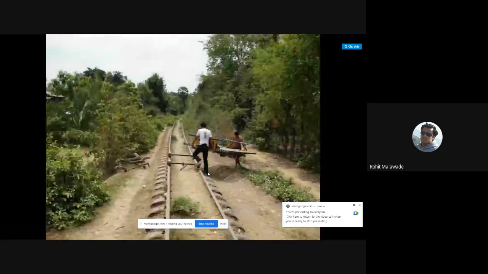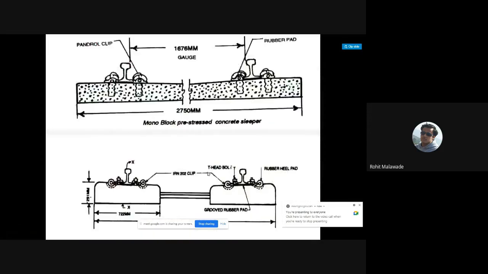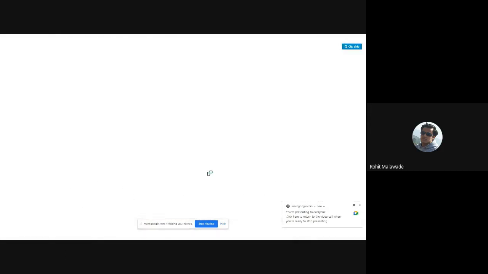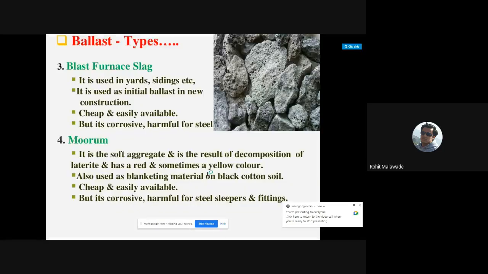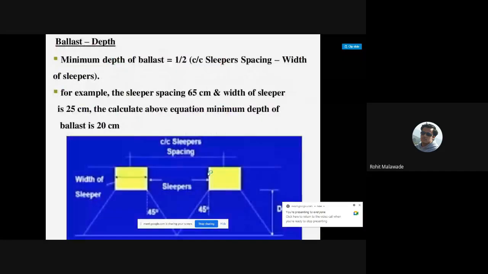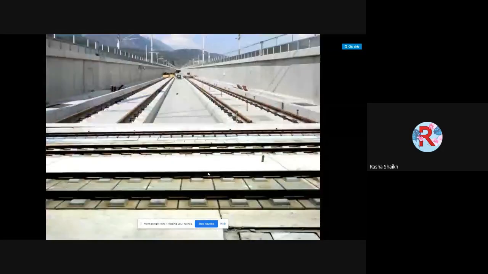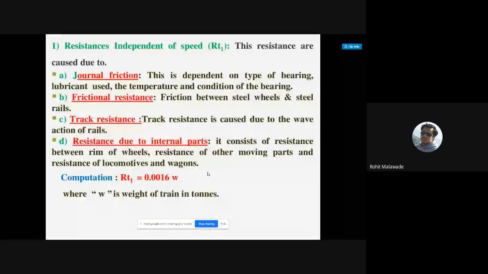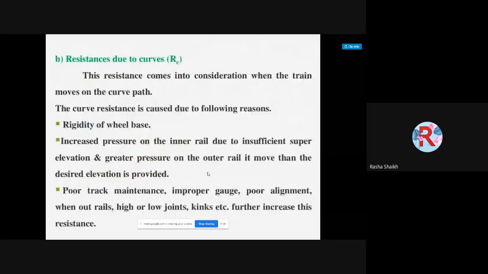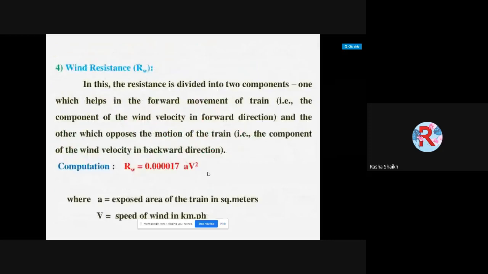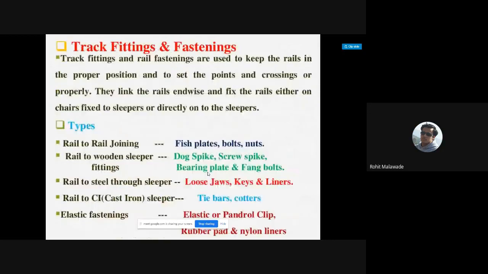What will come to your mind when you see the fixtures and fasteners? Can anybody reply? What do you mean by fixtures and fasteners? To fix the tracks properly, to fix the tracks and keep them in place. Yes, okay. So to keep the rails in the proper position, we are going to use the